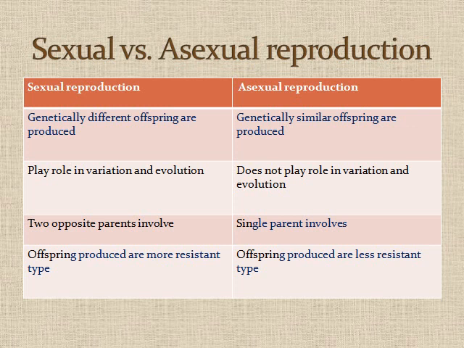Since there must be the fusion of the male gamete and female gamete in sexual reproduction, there must be two opposite parents involved in reproduction, and there is no fusion of gametes in asexual reproduction, so a single parent can produce the offsprings. Offsprings of sexual reproduction are more resistant, but the offsprings produced by asexual reproduction are